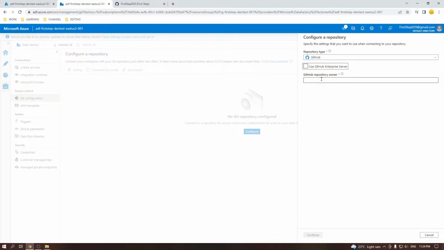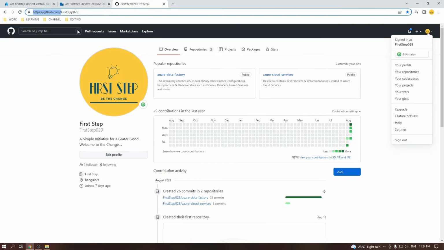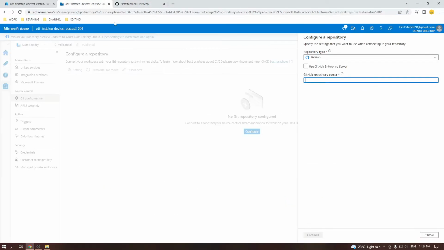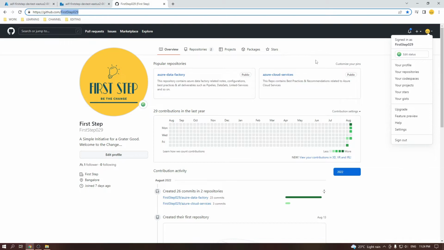The moment I disable it, it will ask me for the repository owner, who is nothing but first step 0 to 9. I've copied and pasted it here. Once you paste it and click continue, it will ask you for authorization with GitHub. Basically, it may show you a pop-up. In that pop-up, you have to click authorize if it is open GitHub. If it is enterprise GitHub, what you have to do is go to your GitHub server,